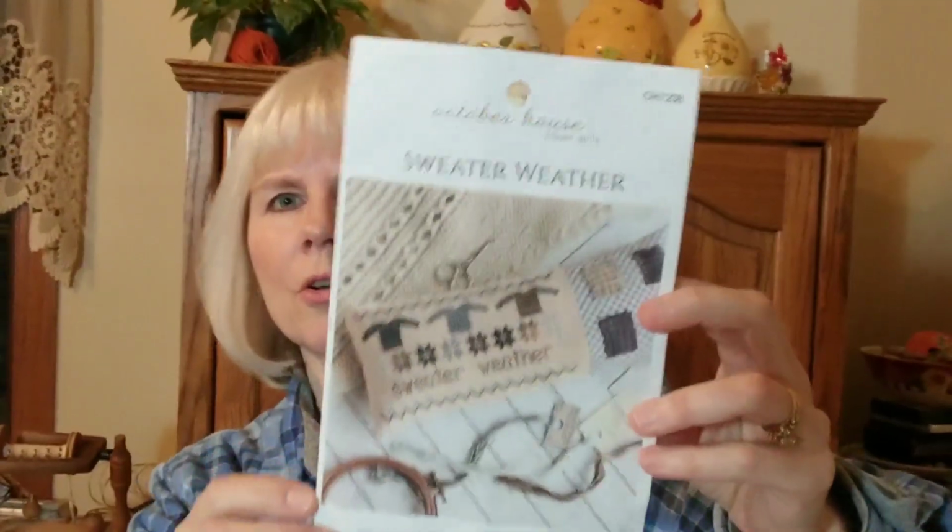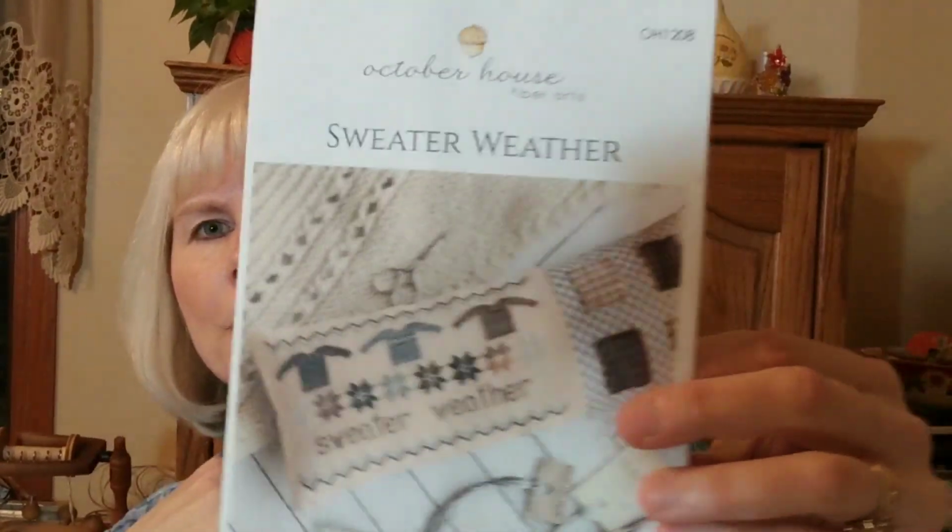Great. Okay, so I did mention I've been stitching quite a bit. I have a small start on another one by October House Fiber Arts. If you remember, I talked about this one before when I got it, because she also has knitting things and she sells yarn too. And this particular pattern,